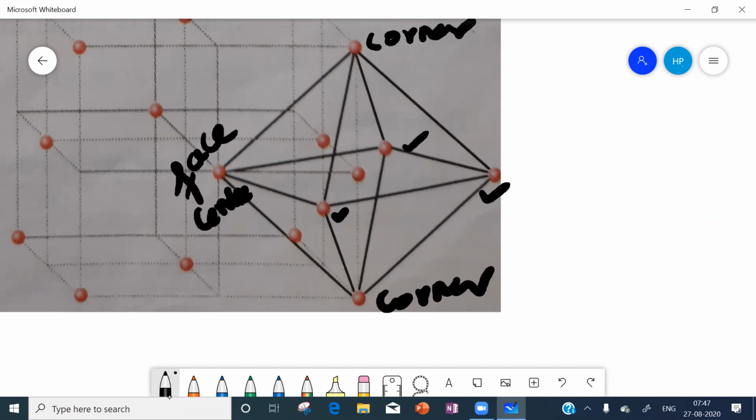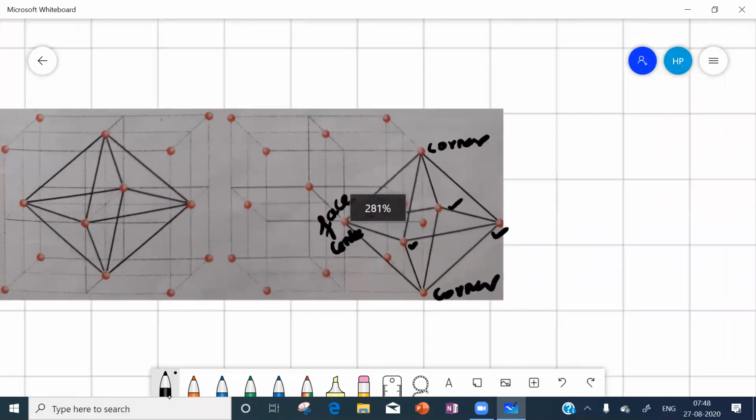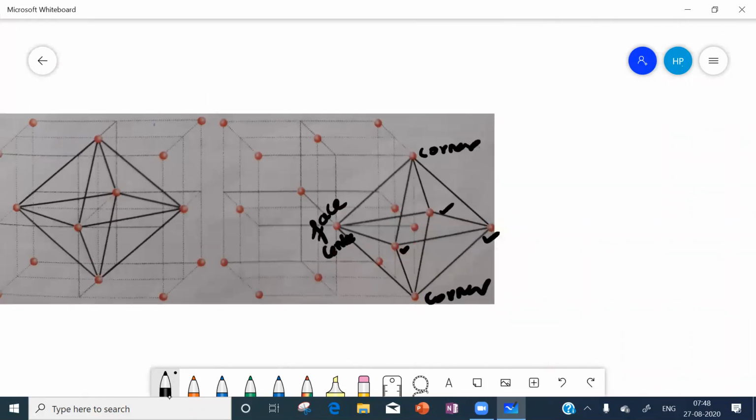Shall we say this is a corner, or a face center? What shall we say?